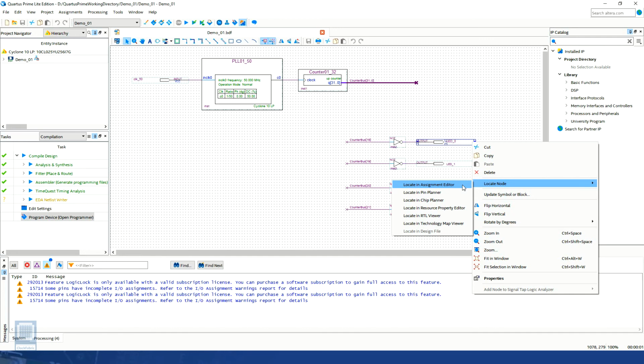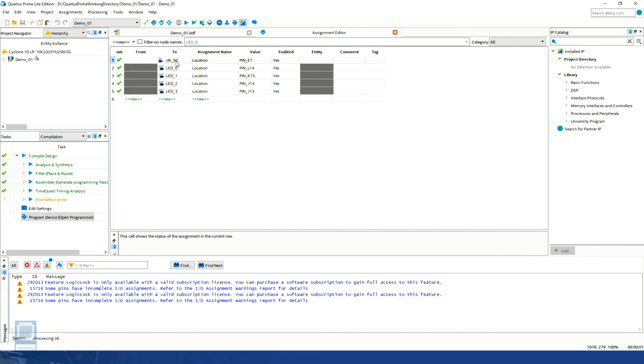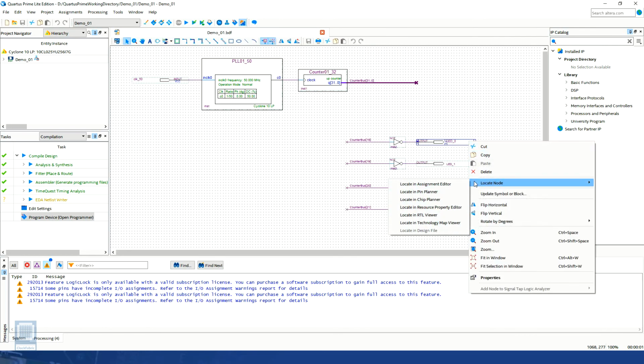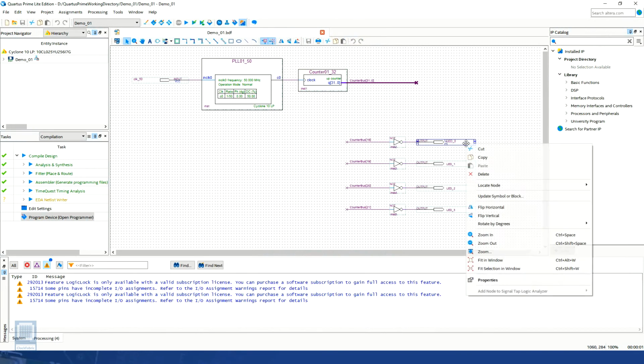Let's select the locate in assignment editor first and see what it has to offer. If we uncheck this filter on node names, then we will see all the nodes being used by our design listed with their various assignments, like assignment name, value, and their status. This assignment editor will play a very important role when we start working with more complex designs. Keeping that in mind, let's close it for now and move on to the second perspective, that is locate in pin planner. This is the same window that we use to assign pin locations to our nodes. Since we have already used this tool, let's close this window and move on to the next perspective, that is